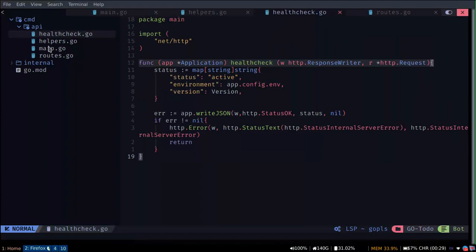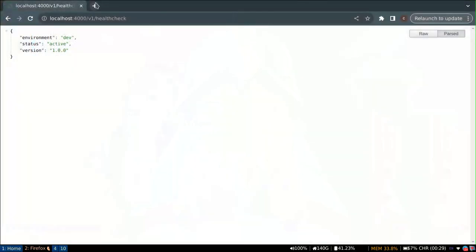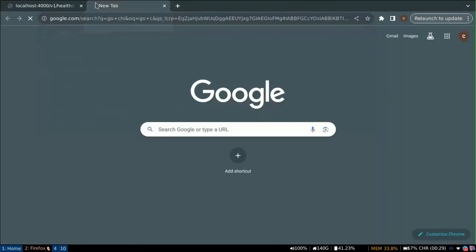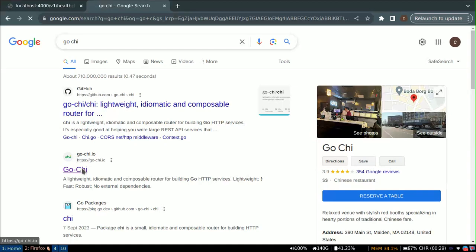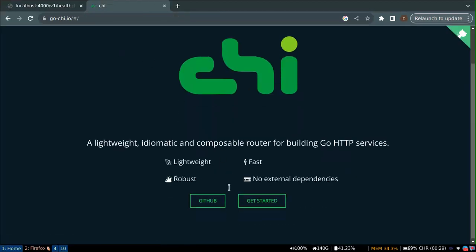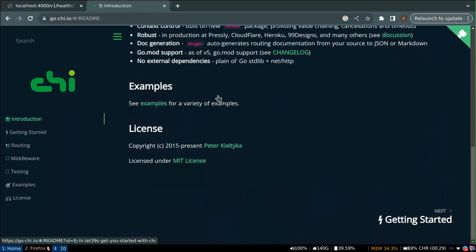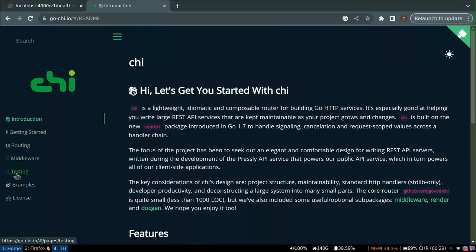And I was thinking of changing the mux that we're using to chi, the go-chi. Let's look at go-chi, and yeah, this is the official documentation. I think this is actually a good one because handling our parameters and everything is not so hectic as the default serve mux. So routing,